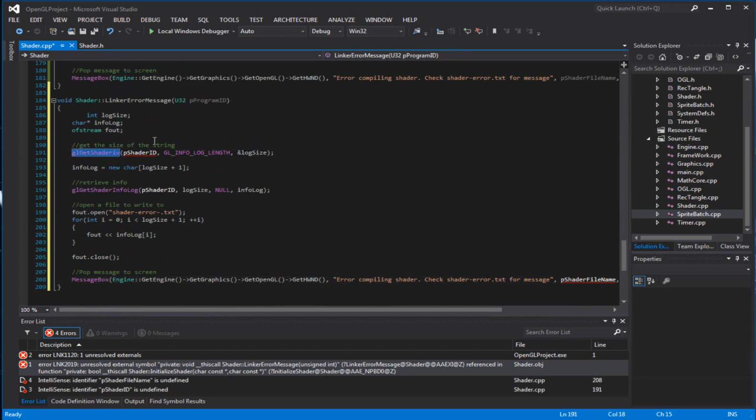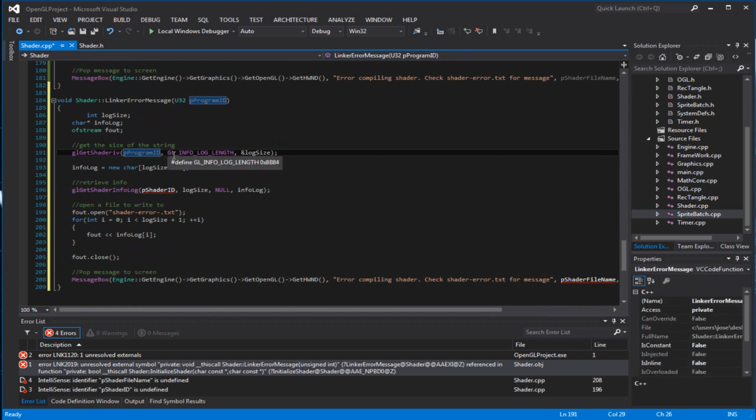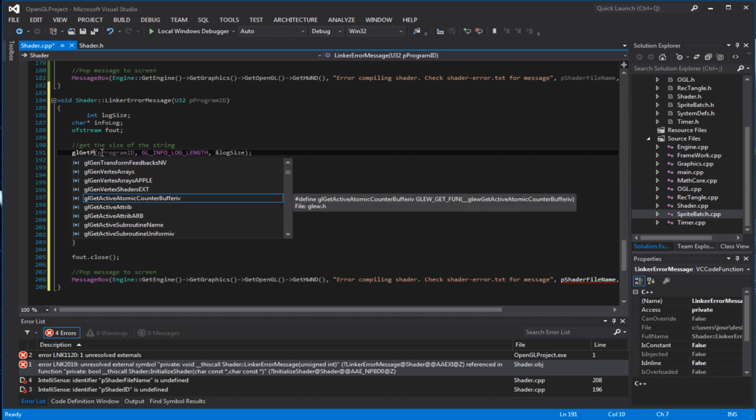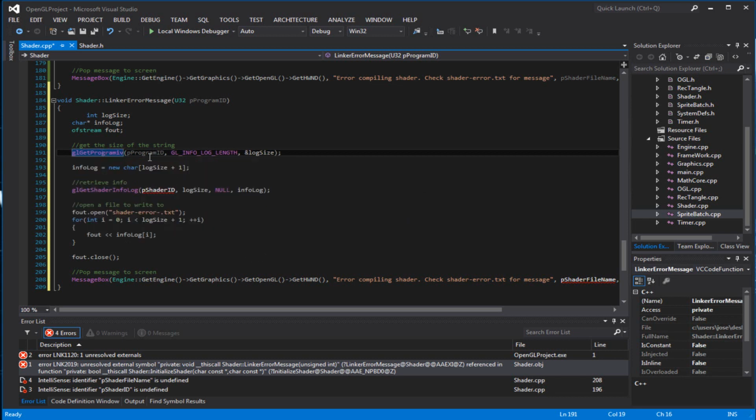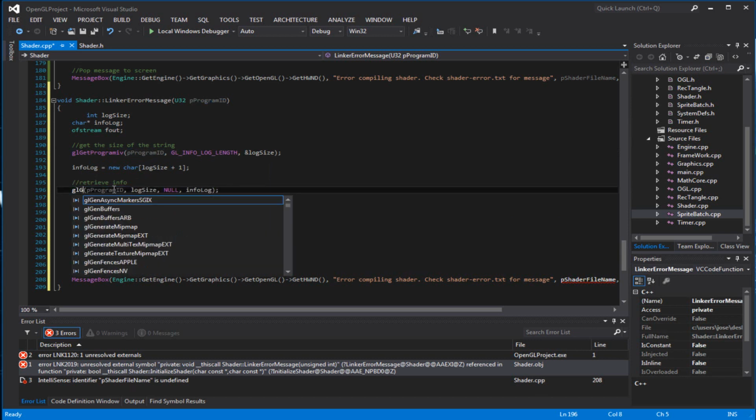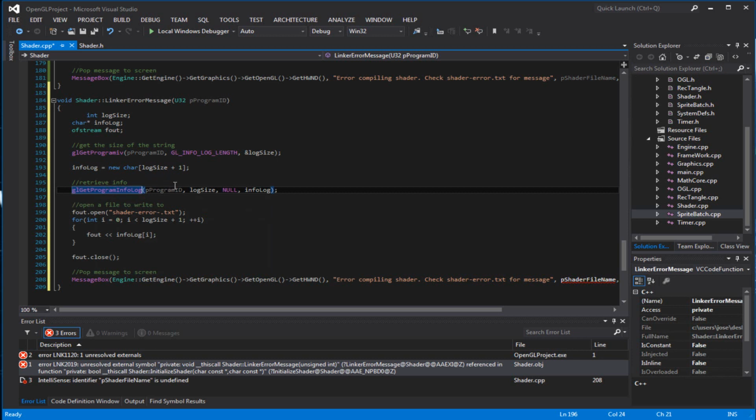So right here, what do you want to do? Well, copy that, make sure there's a program ID, and this one's going to be a little bit different. GL get program IV. Make sure you copy this, and this is going to be a little bit different. GL get program info log, and you're going to call it shader linker,